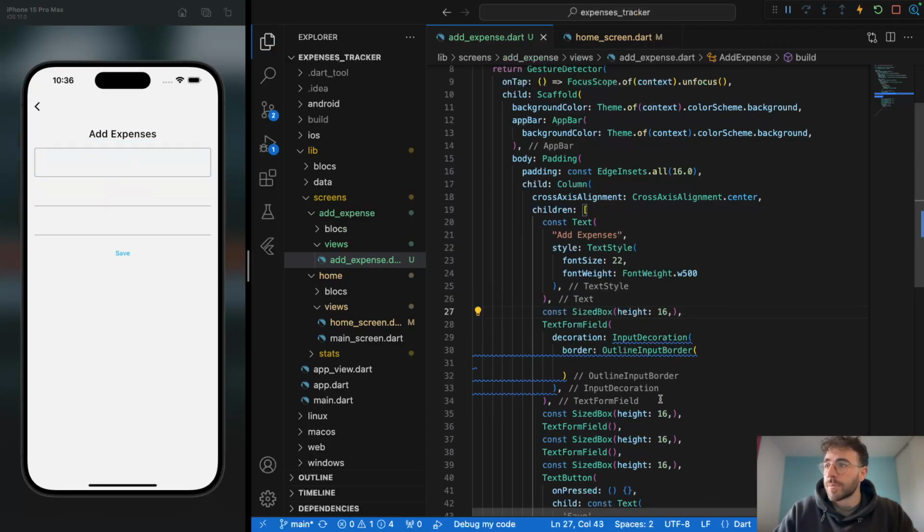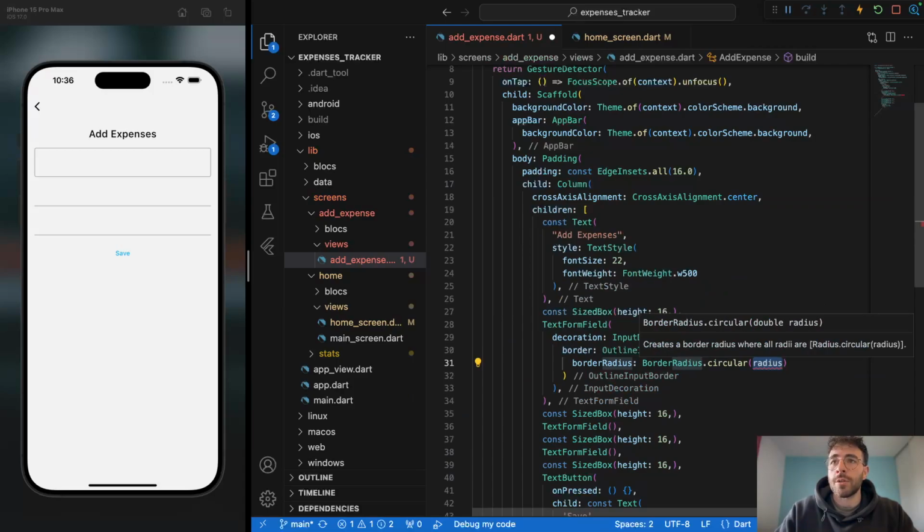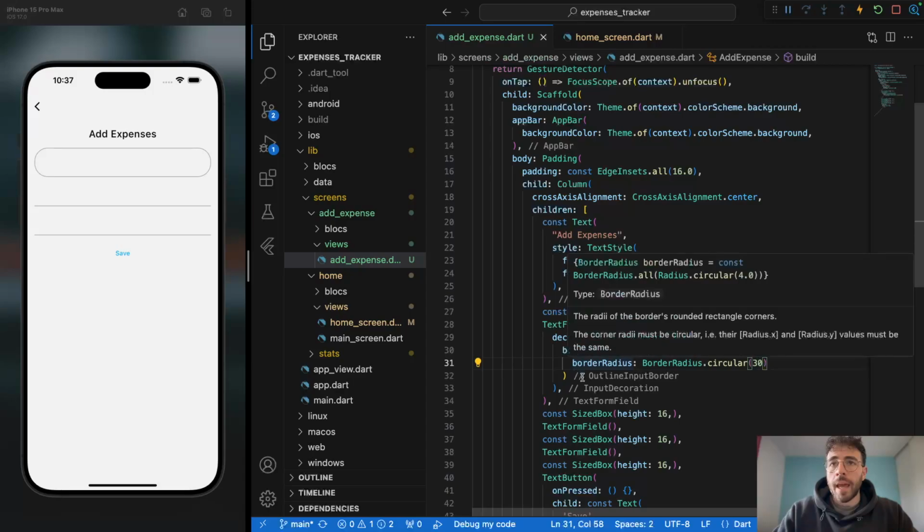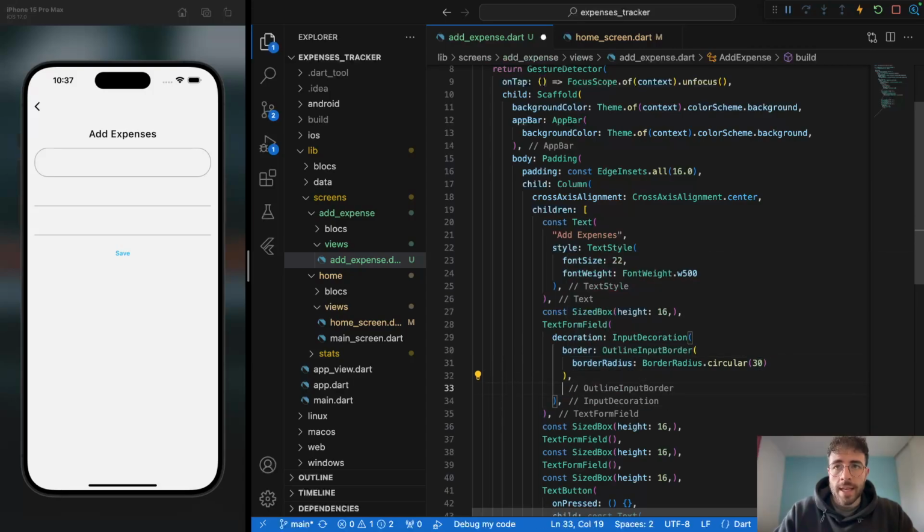All right. And what I want to do here is access the border radius. Yes, border radius dot circular, so that's for the expense itself. I want something that is gonna be a bit more round than that, so we have a difference between the others. So that's that. Okay, cool. And perhaps I want to access the leading